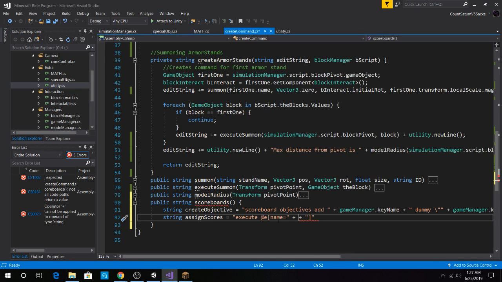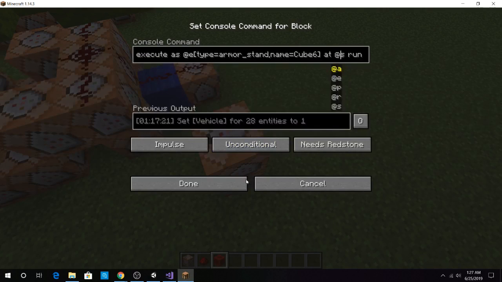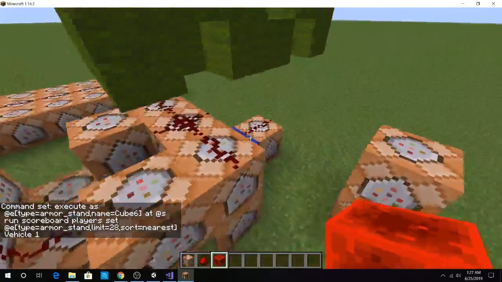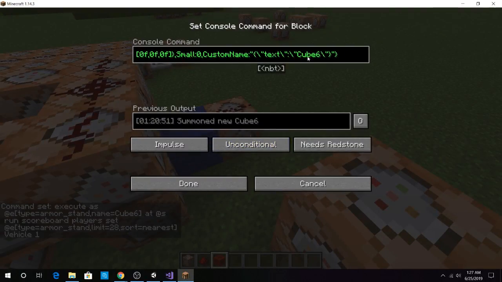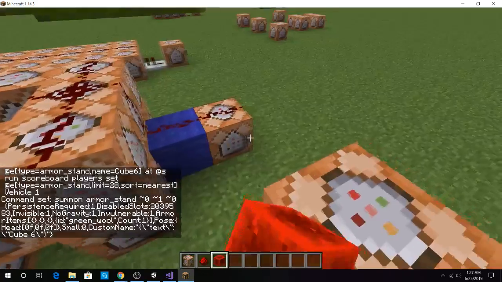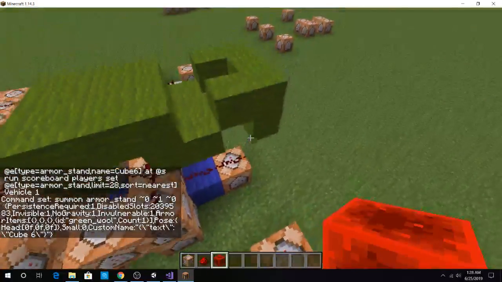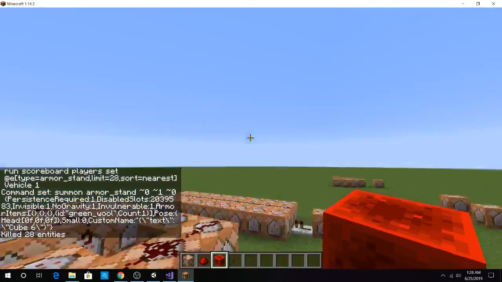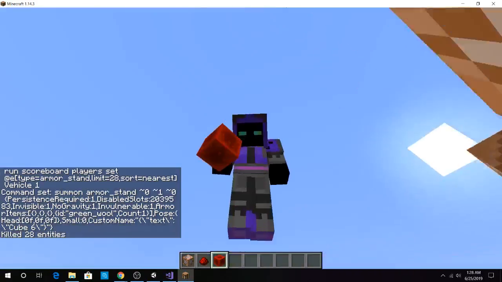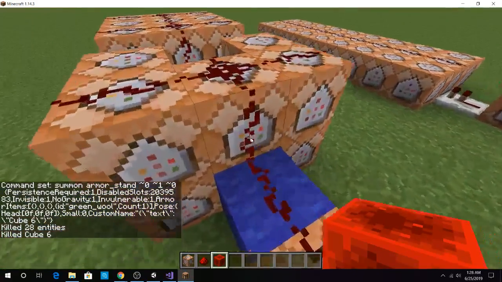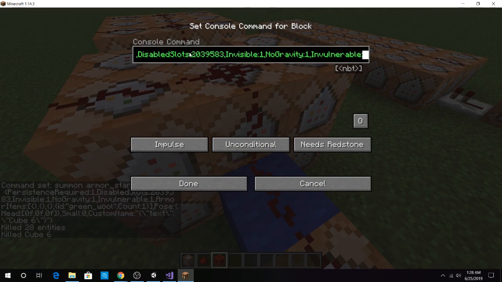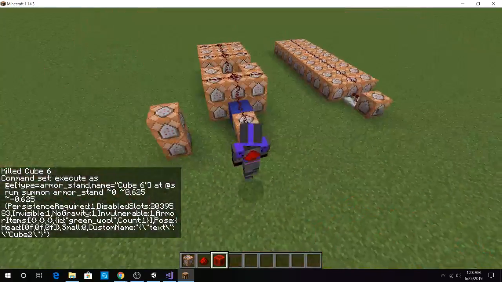I also realized that there can be spaces in the names of things. I'm a little curious, what happens if I change this to cube 6, like so? Let me kill off all the armor stands and see what happens. I'm pretty sure it will definitely not work. So yeah. However, if I put quotes around cube 6 now, name equals cube space 6, I believe it should,